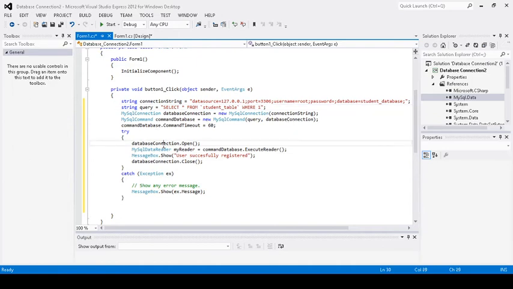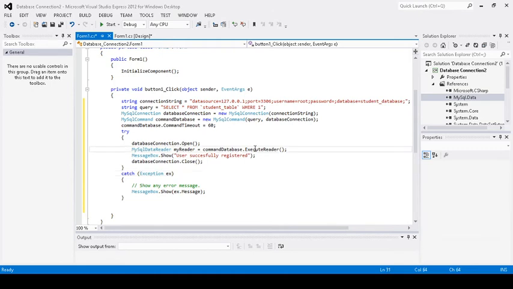Next, we have the database connection. So we have to open our database connection. So there, and then next we have the command execute reader. So the command execute reader, this MySQL data reader, will read now from our database. This one is connected to the command, database to our query and database connection, which is our query select all, and our connection string is this one.